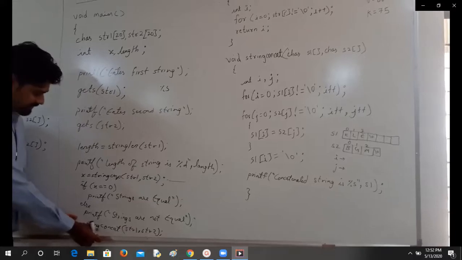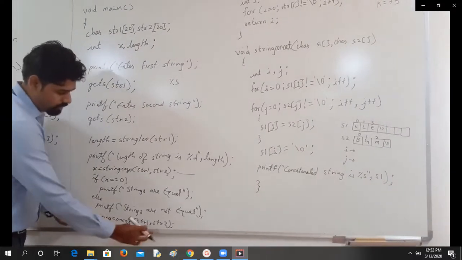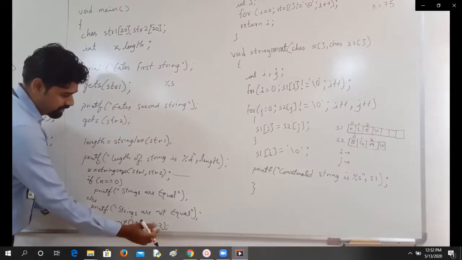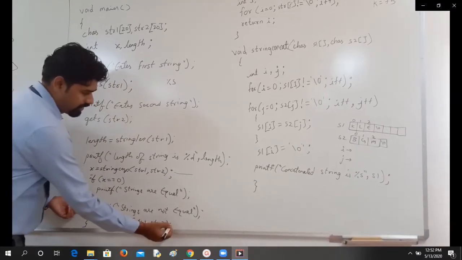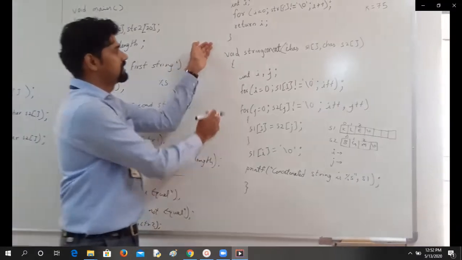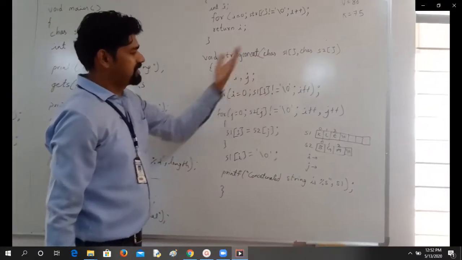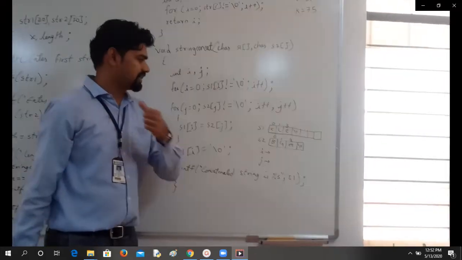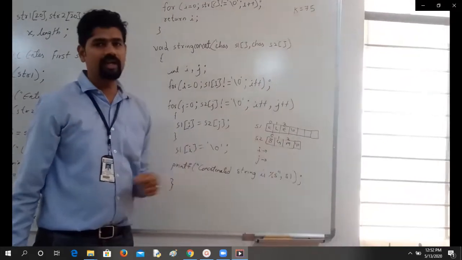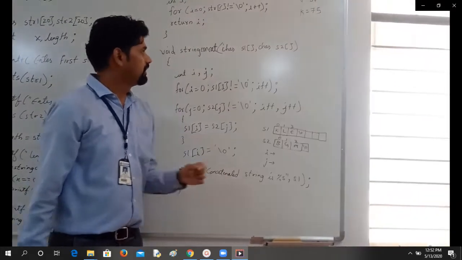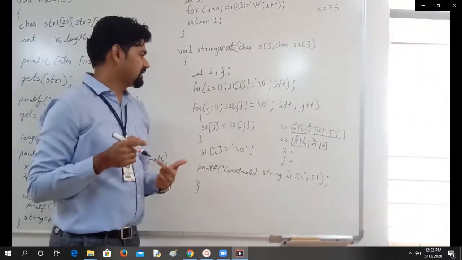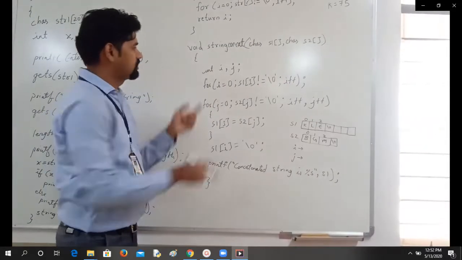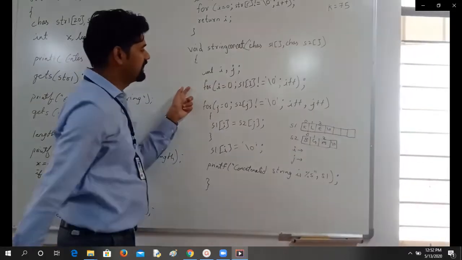So the last function is string concat. I am passing two strings here. We'll have to join two strings. So the moment the function call is encountered, control comes here. In string concat, I assume that the inputs entered by the user are KLE and Belgaum, that is KLE BGM. I am going to deal with two strings, two separate indexes. So I have taken two variables, i and j.